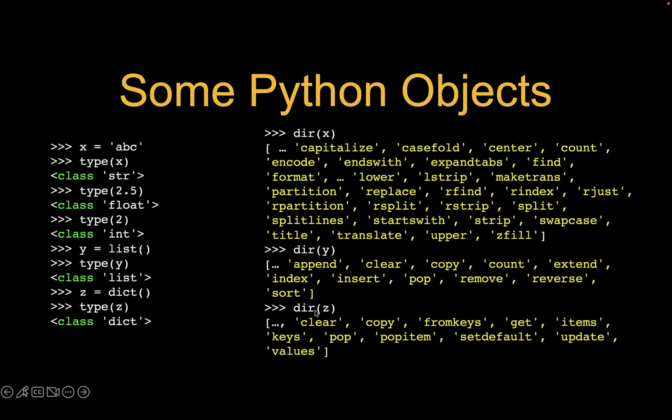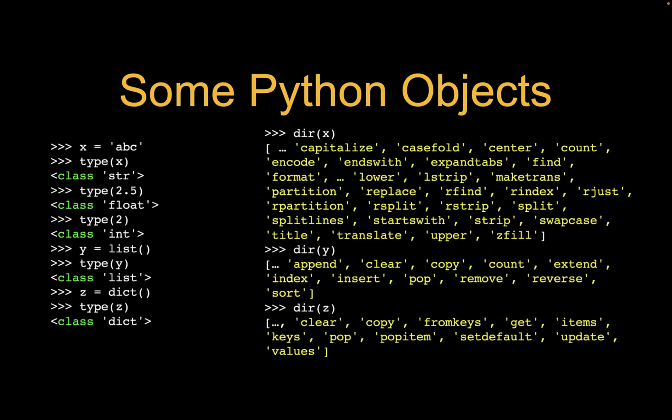And now we have a Z is a dictionary. So if we do dir on that, we've got get. We use that for sure. Okay. We've got clear. We may have used that. We've got items. This is how you get a list, a sequence of tuples with all the items. We've got keys. Here's how you get a sequence of all the keys. We've got values. Here's how you get a sequence of